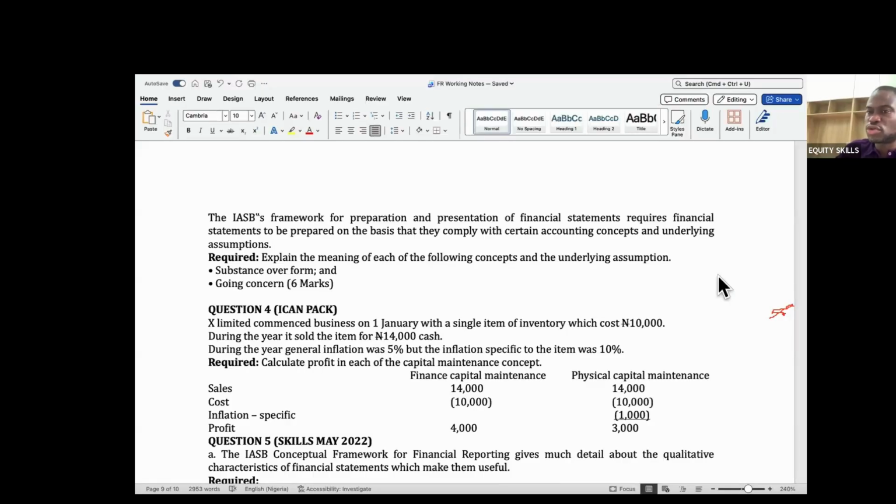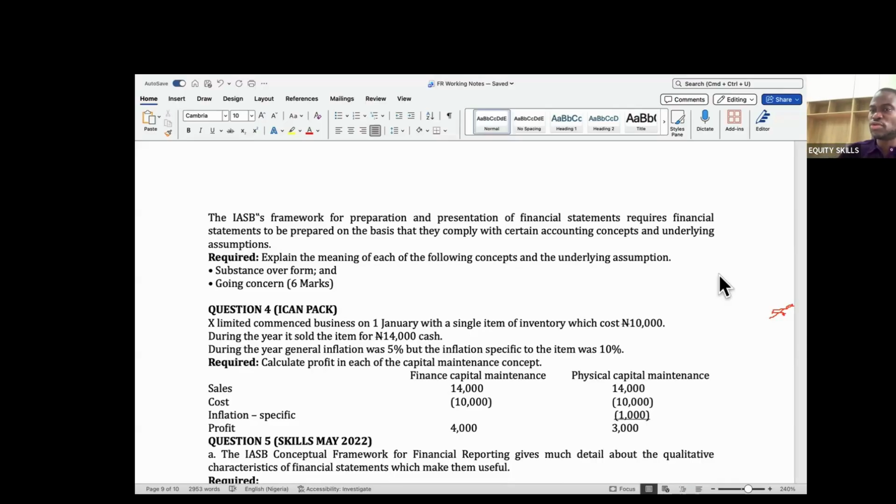Another example is if you sold goods to somebody and you agree with that person to buy back the goods. Listen again: you sold goods to somebody. If you had stopped there, then the economic substance and the legal form are the same. Because the legal form is that you have entered the agreement to sell, and you have actually transferred ownership and control of the goods to that person. So you have sold, and you should recognize revenue. The financial reality is that you have sold, which is documented, which is the legal form.